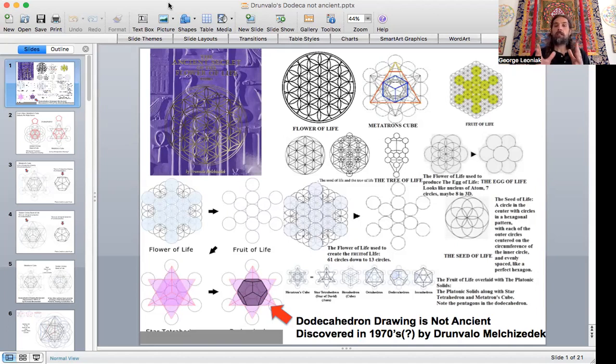I also want to illustrate that so much of the work from this wonderful guide that Drunvalo gave us, with fantastic information, is continually used. The Metatron's Cube, the Flower of Life, great geometer teachers continue to post this, maybe without checking it out, to make sure that our sacred geometry is going to show the true forms, as if they were a template of creation that any geometer in the future would be able to build from. This is more, as I've said, an artistic representation of something that looks like it has pentagonal faces, but the phi ratio is not in it.